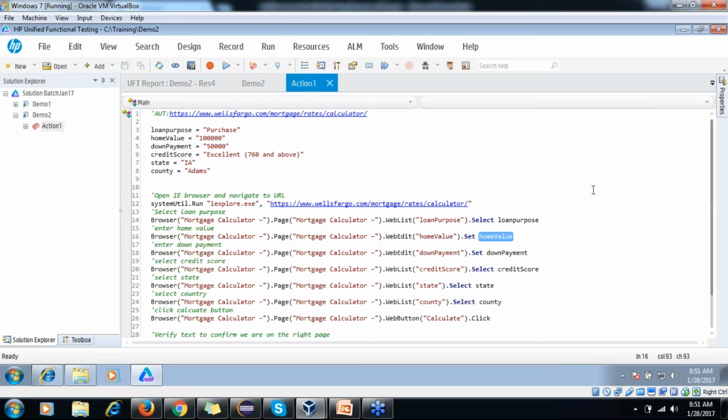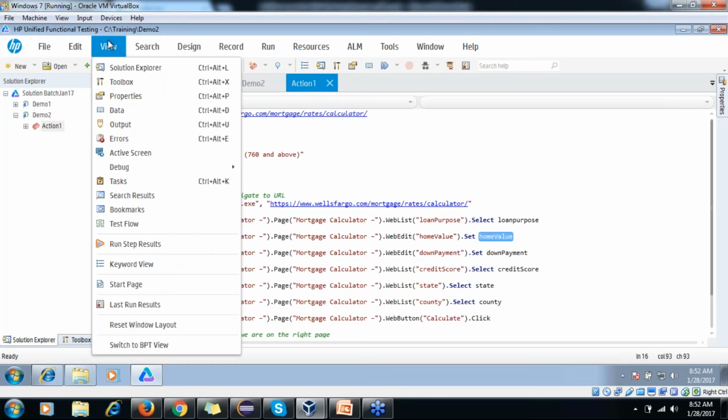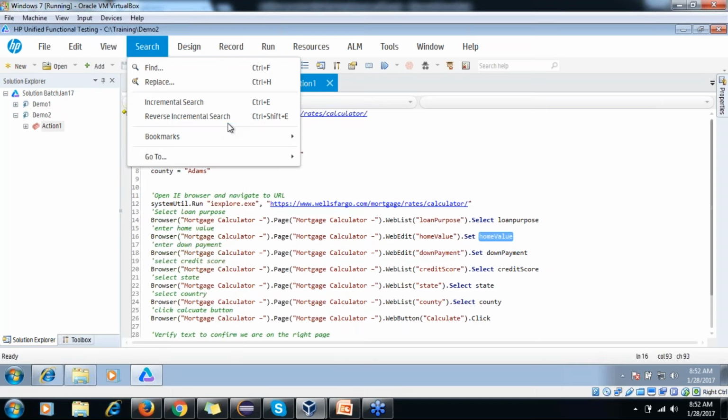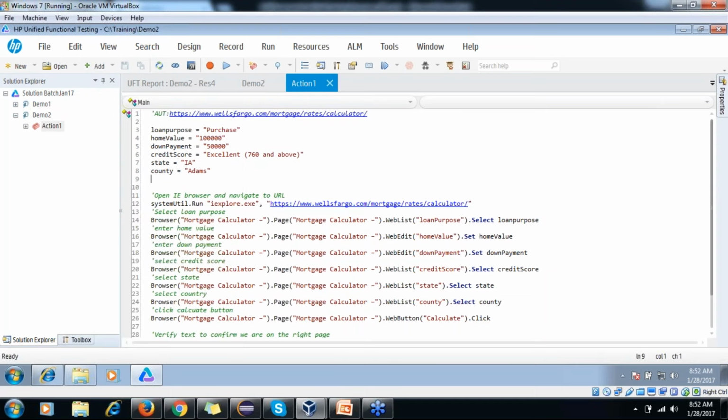Or there is a very useful thing in QTP UFT, that is the data table. So let me see. The data table, what it does, team, is it has a similar format to a spreadsheet, but it is available within your UFT, and you can parameterize your test from there as well.